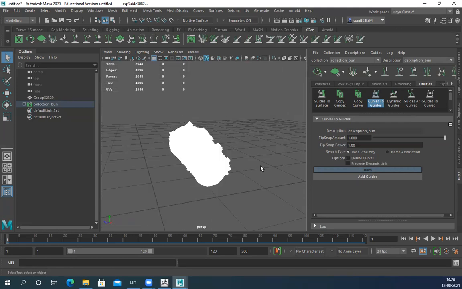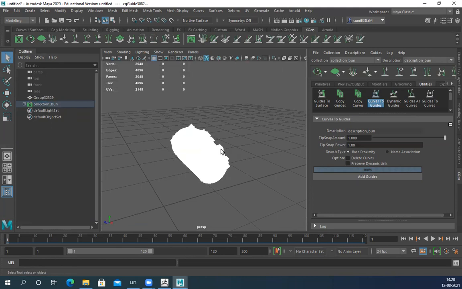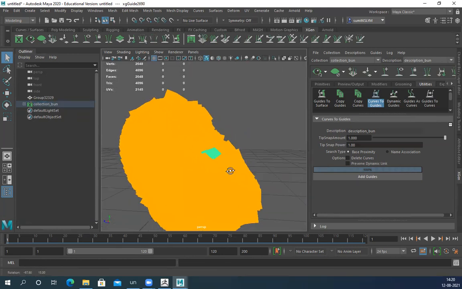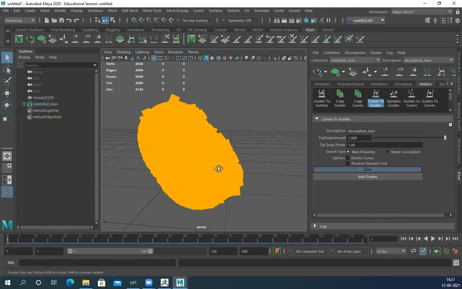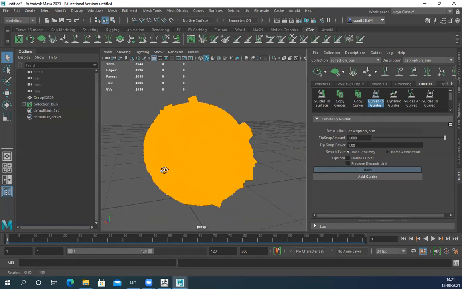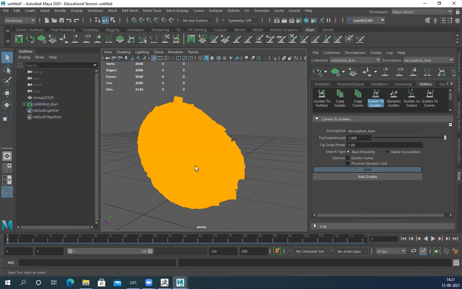So I switch this up and undo. All these things are still there. Right now this is generated already, but it looks really weird. Just give me a second. Just delete the description.